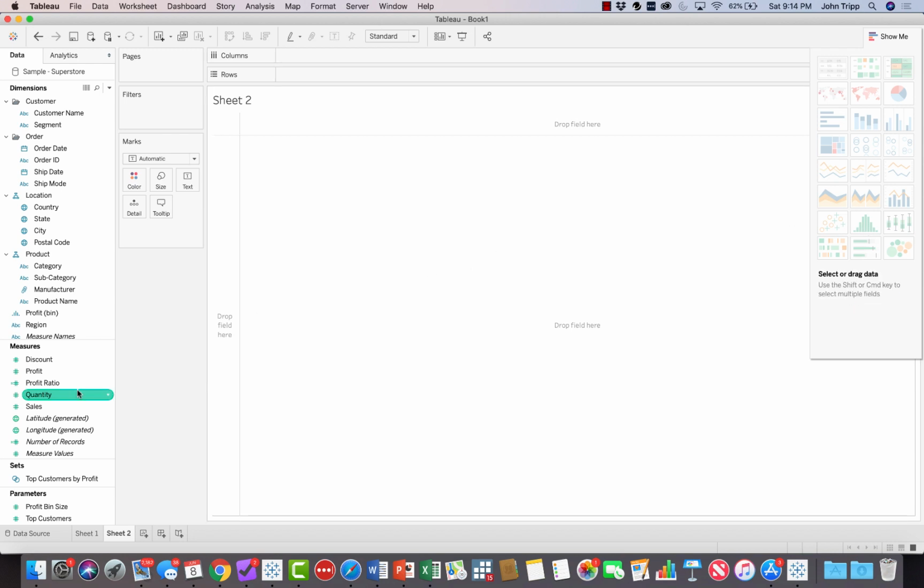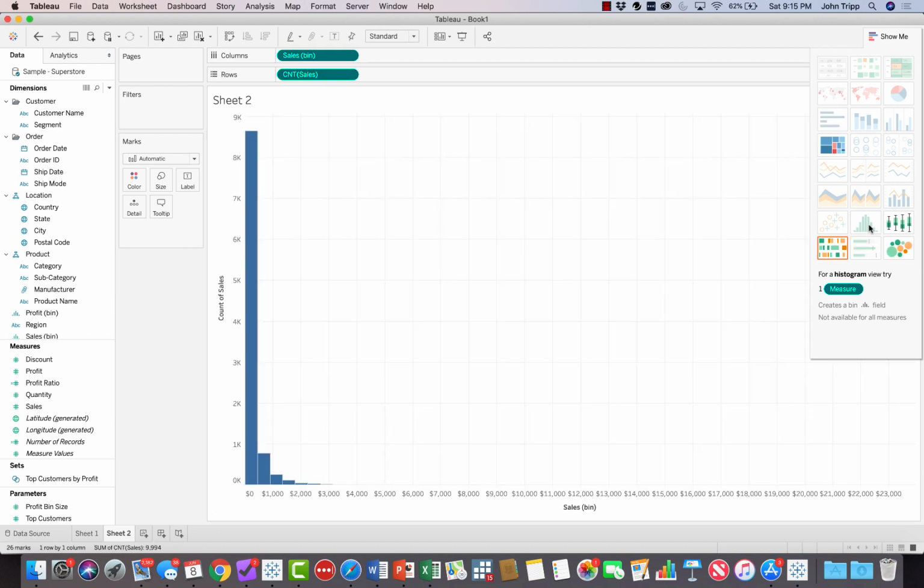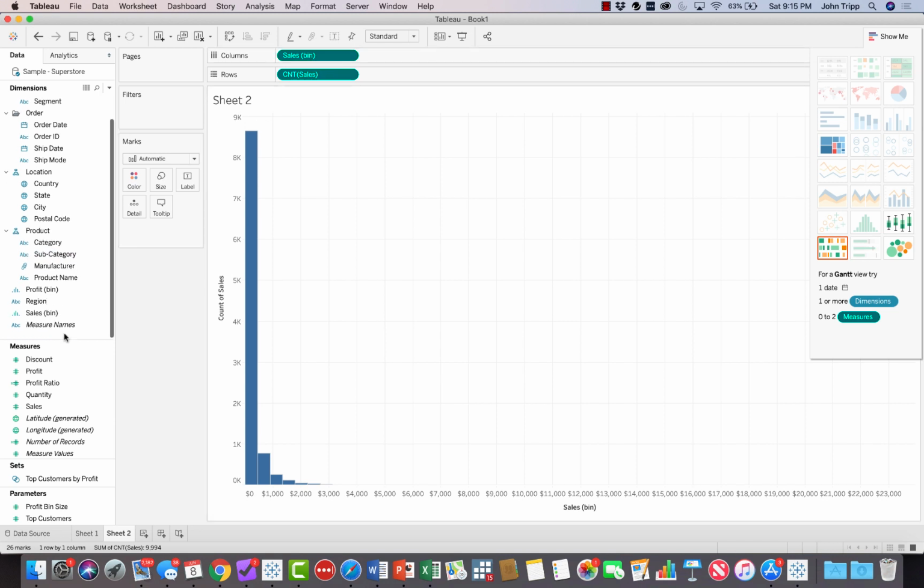If I want to do a histogram on sales, I'll just click on sales, and then I will click on the histogram. When I click on the histogram, ta-da, you'll see that I actually have a different measure up here. In the columns, I have sales bin, which is actually a new dimension that has been created. We'll cover this later when we're doing histograms and distributions, but I just want you to be aware right now